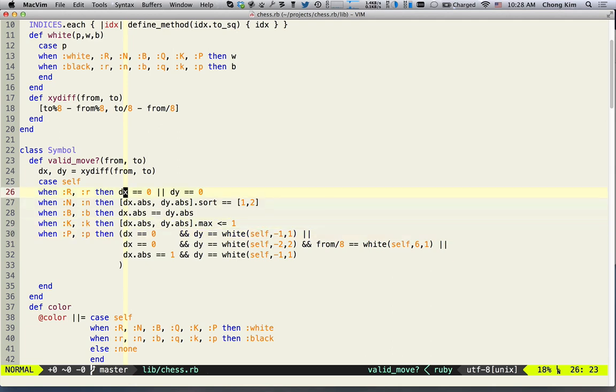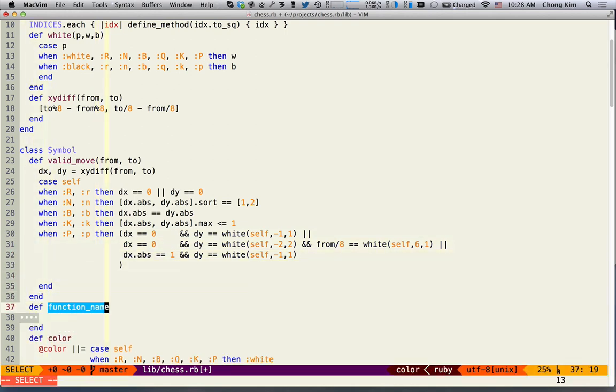So I'm going to separate this into two parts. One is valid move and the other one is valid capture. And I decided for a naming convention that if there are going to be arguments, I'm not going to put a question mark. All right, so let's break this up. Valid capture from 2. Okay, so we get the dx and dy,